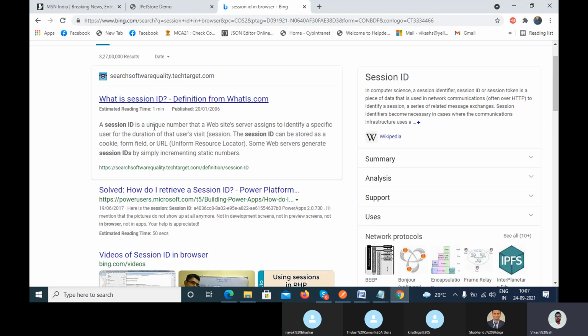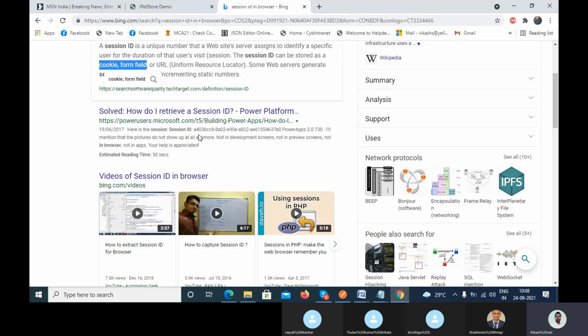Every time the browser generates a unique number for you, right? It is a unique number that the website server assigns to identify a specific user for the duration of that user's visit. The session ID can be stored as a cookie.